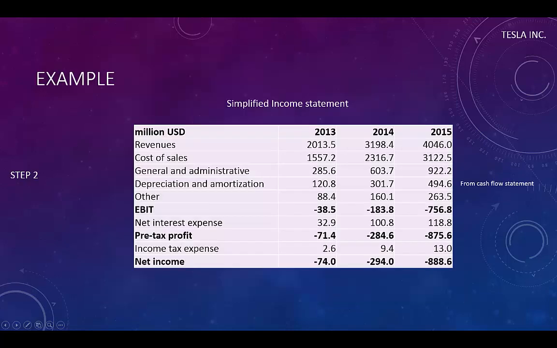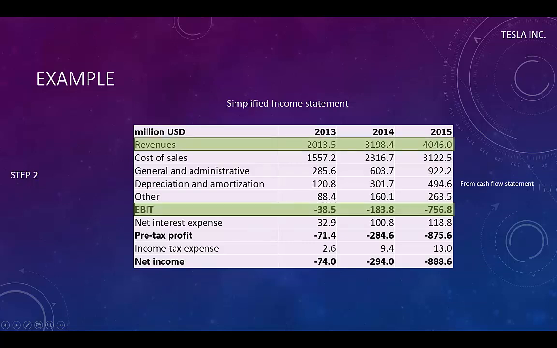We can simplify the income statement a bit to make it more manageable. This table contains the main items we looked at in the lecture on financial statements. For valuation purposes and for the forecasting of future cash flows, we will be focusing on 2 of the items, the revenues and the earnings before interest and taxes, the EBIT. These 2 items represent the basis for forecasting future free cash flow for the firm.